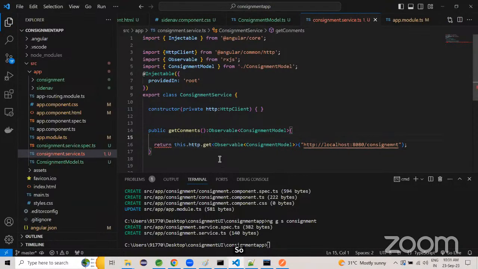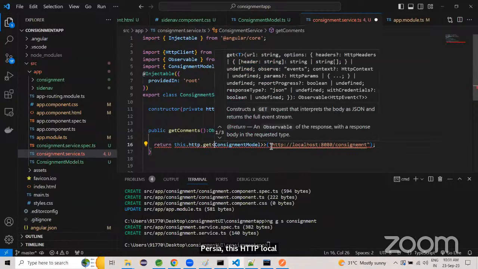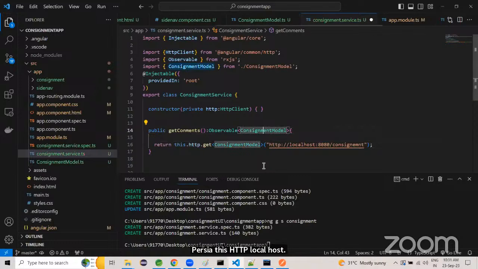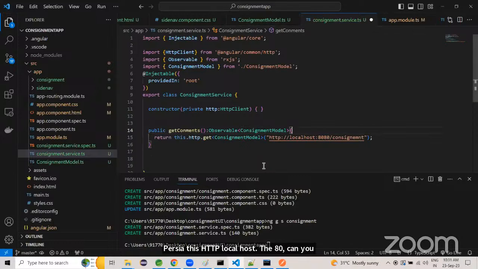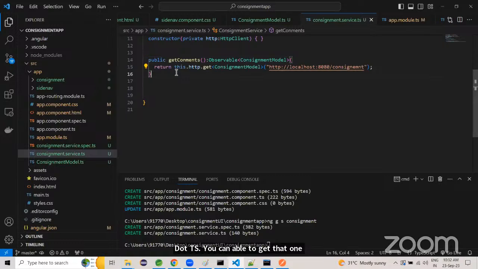That's it. Sorry, Harsha, this HTTP localhost 8080, can you make it in a separate place so that we can call it from here? Like instead of hard coding the URL, you can keep it in environment.ts. You can get that one here. It will be good if we put it right now. So